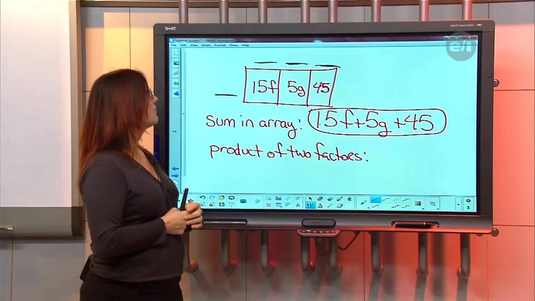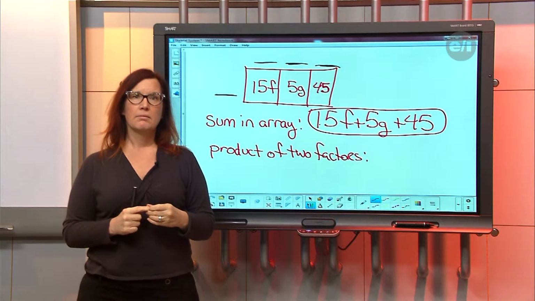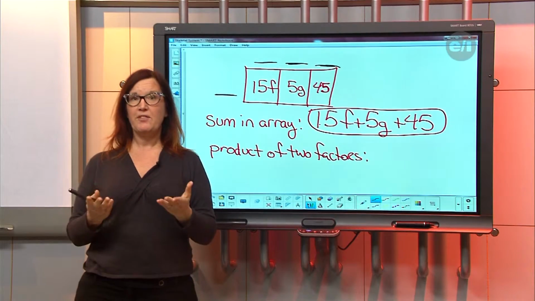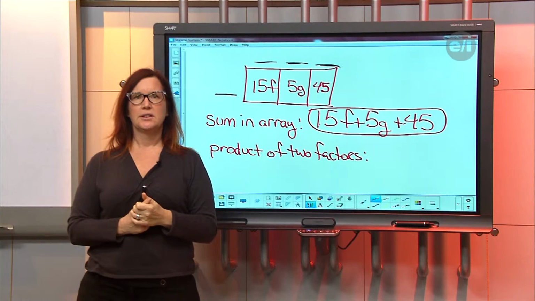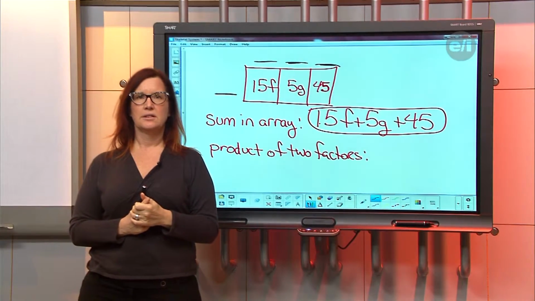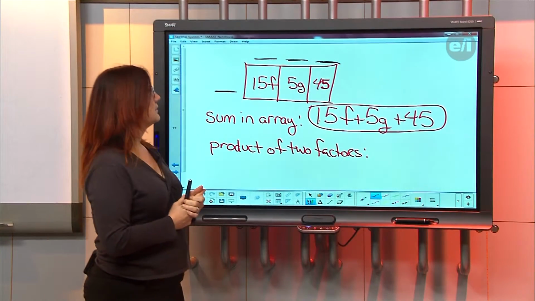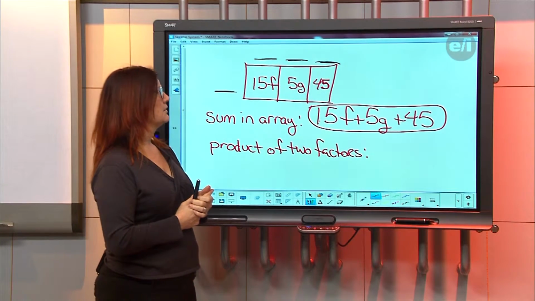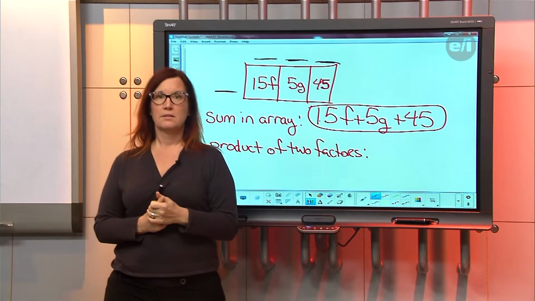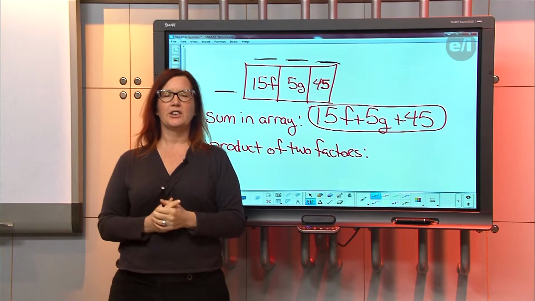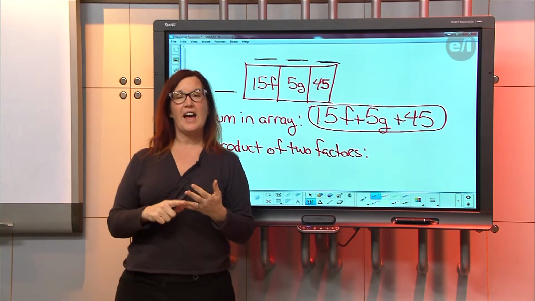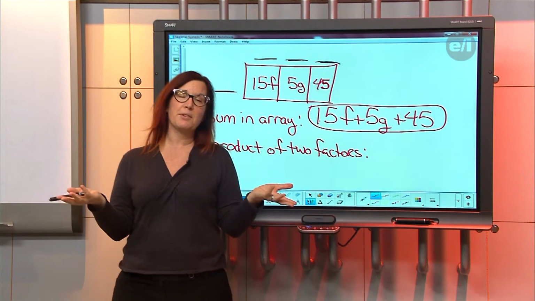So since I know that 5, so it could be 5? It could be 5. And how'd you know it was 5? Because I know that 5 times 3 equals 15, 5 times 1 equals 5, and 5 times 9 equals 45. Perfect, okay? And we saw that they all ended in the number 5, and if they ended in 5s, probably the number 5 is going to go into it.